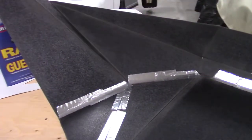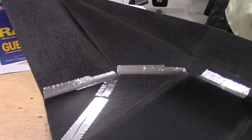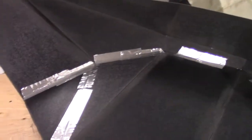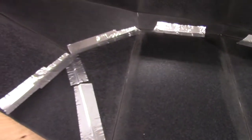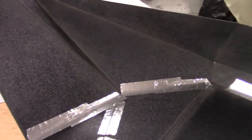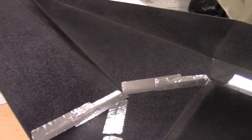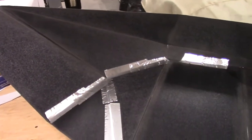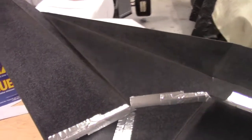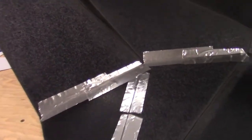But things are a little flimsy and hard to work with. Sometimes the aluminum tape is tearing here and there, so I'm going to try an experiment on this front fender where I'm likely going to do some adhesive on it and try to stick some of the panels together. They still have quite a bit of give and flex to them because it is ABS, which we'll be able to reinforce later, but essentially I need to